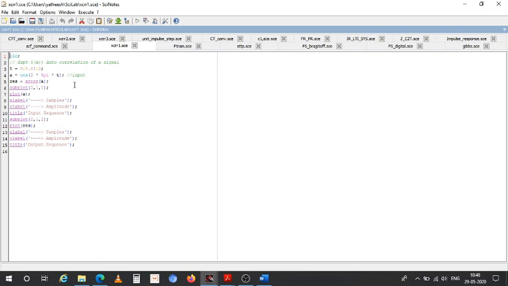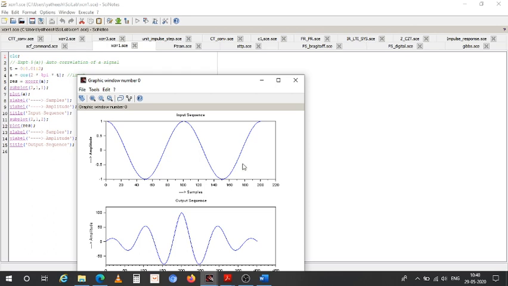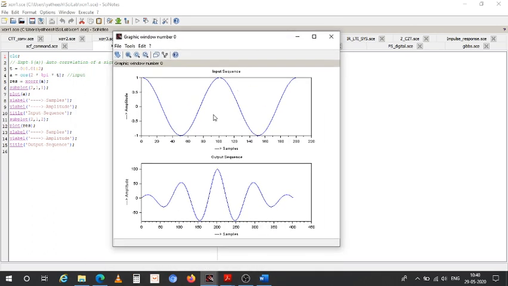The function is xcor. It's available in Scilab. So the rest, you know the commands to plot. Let us simulate and see. So this is your input. When you convolve it with itself, you're getting the output sequence.